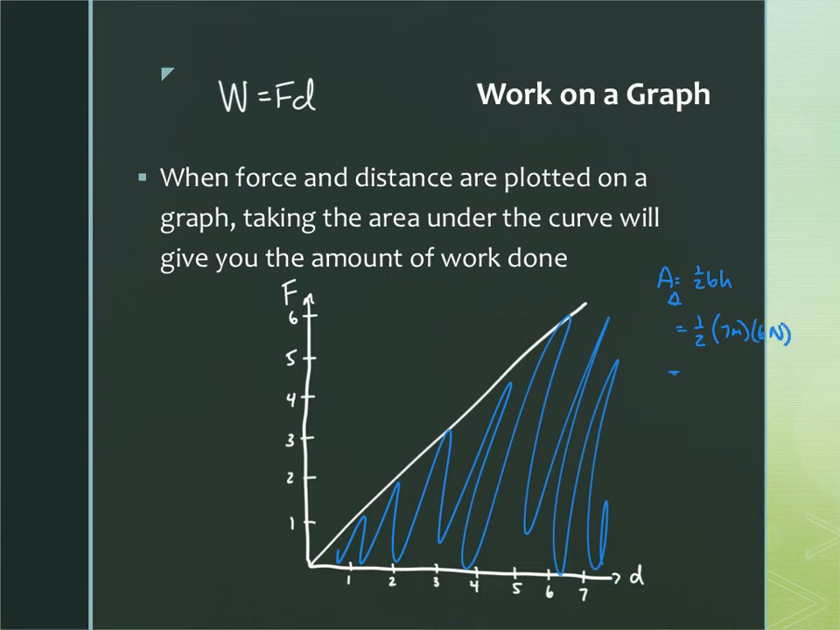Okay, 7 times 6 is 42. 1/2 of that is 24 joules. Now, if, for example, they ask us in this funky interval of, let's say, from 3 to 5 meters, we need to break this up into shapes that we know. So here is a triangle and here's a rectangle. Take those two areas separately and then add them up to figure out what's the work done in that specific